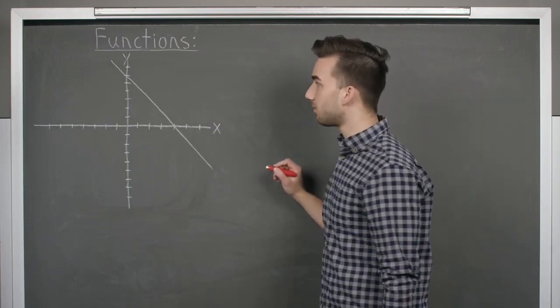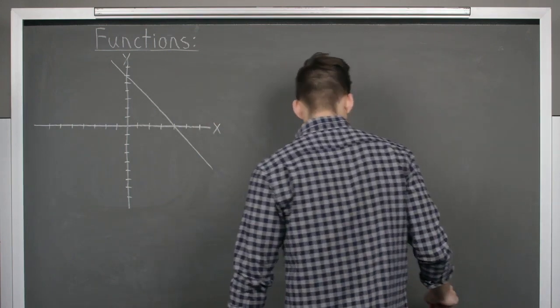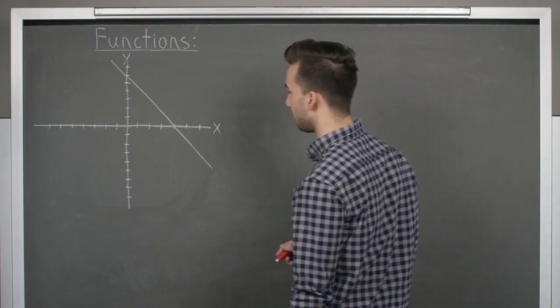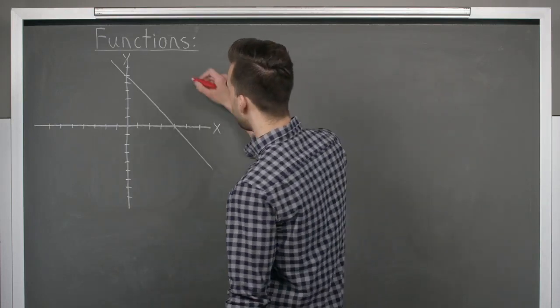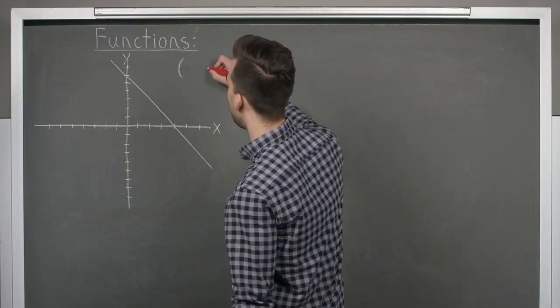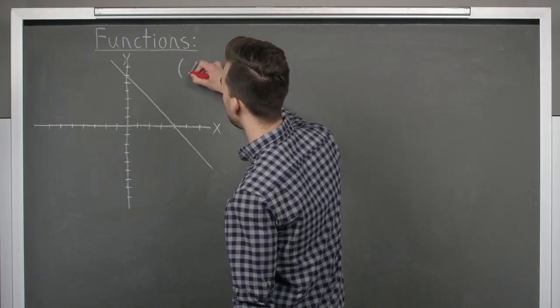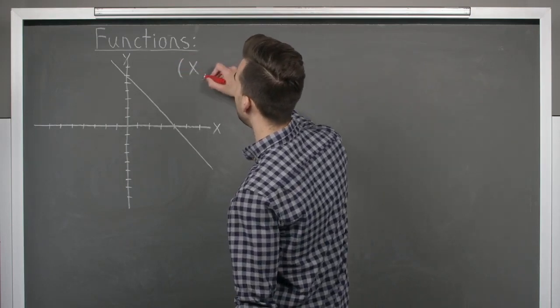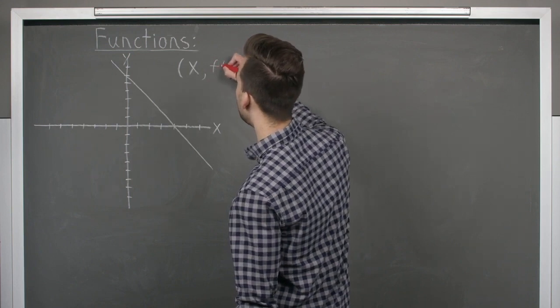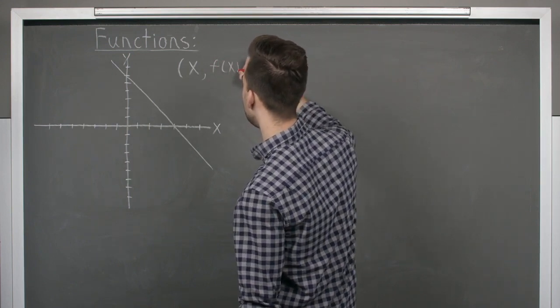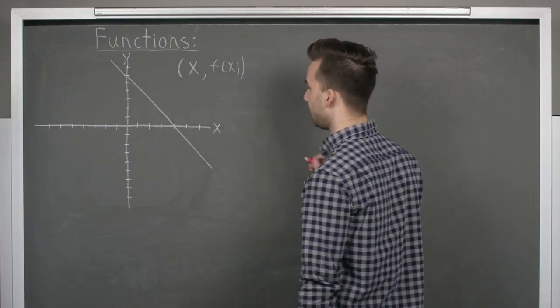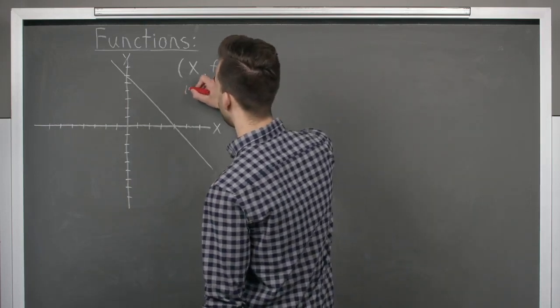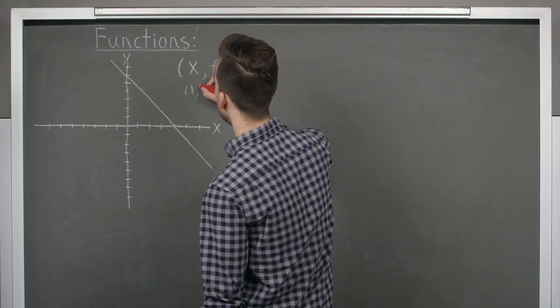But before we do that, let's just learn how to graph basic points. So how we write points is we write them as our x value, comma, and then what our f of x value is. So what this means is, say if we were given a point 1, 3,